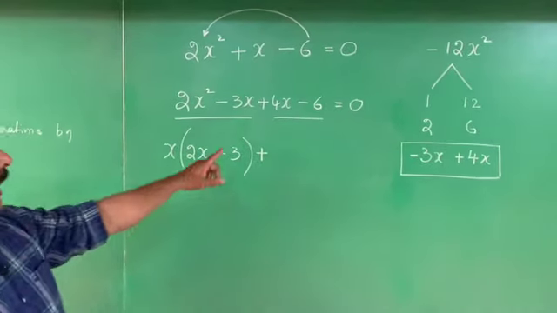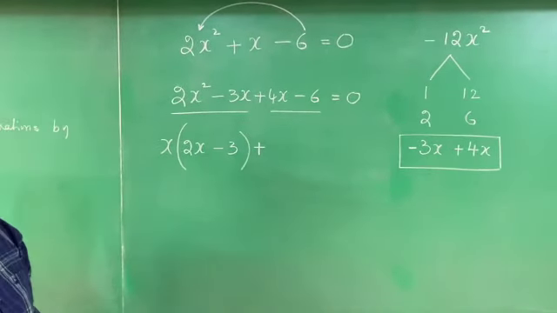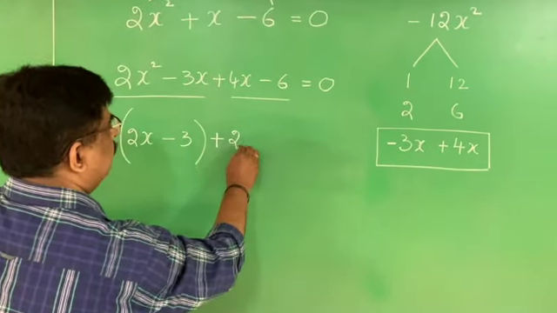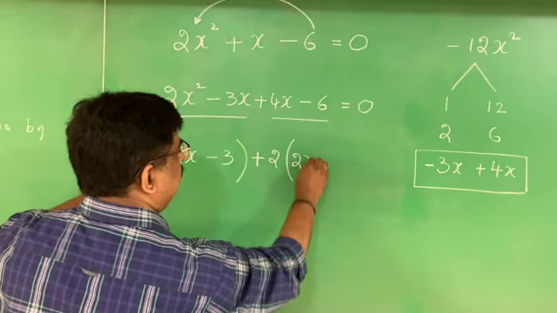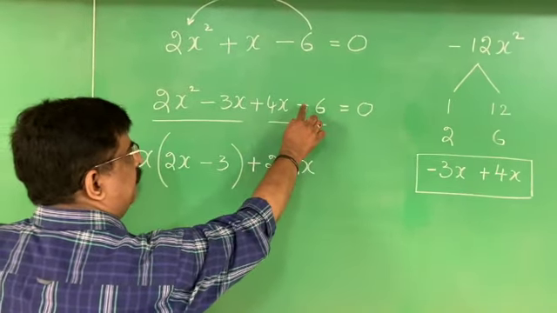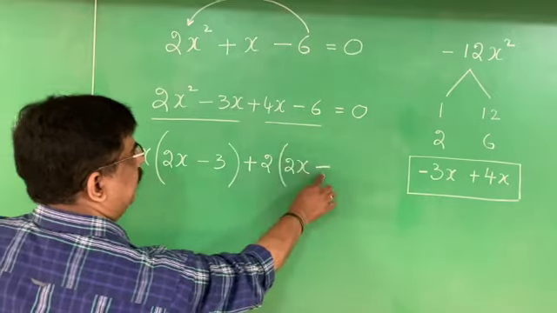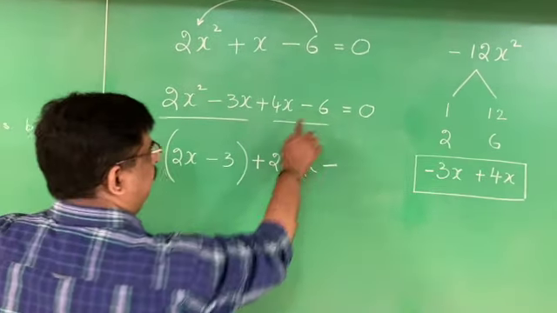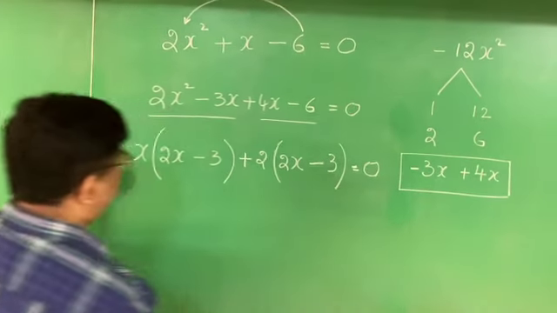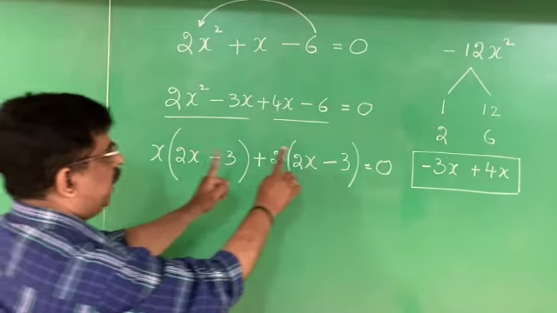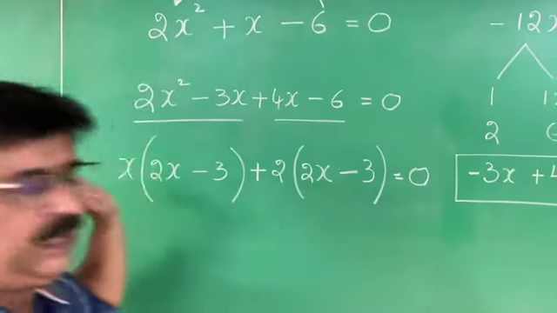Now what I do is, I find the common factor between 4 and 6. Which is the common factor between 4 and 6? It is 2. Then what is left now? If 4x is divided by 2, I get 2x. Here it is plus, but I wanted a minus sign, then it should be minus, because plus into minus is minus. When 6 is divided by 2, I get 3, equals 0. Verify this. What I got in the first bracket, the same I should get in the second bracket also. Here I got 2x minus 3, here also 2x minus 3, therefore my answer is right.